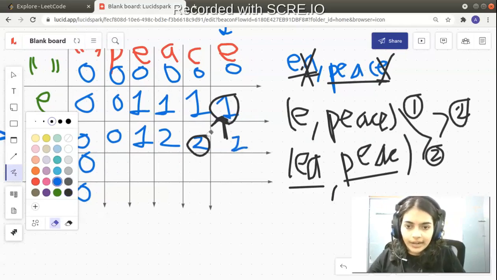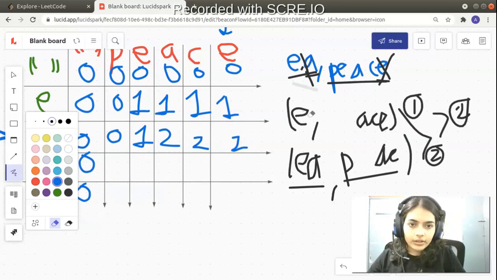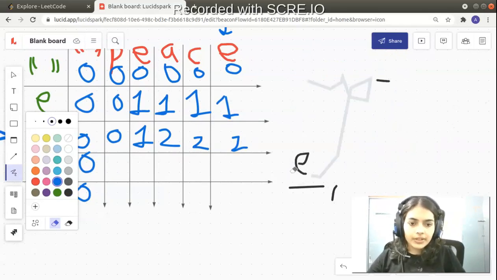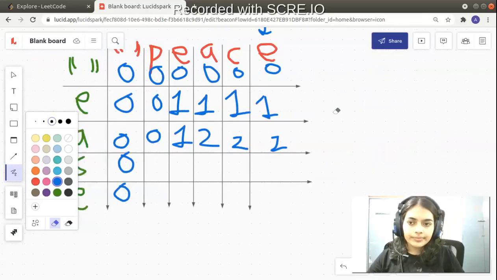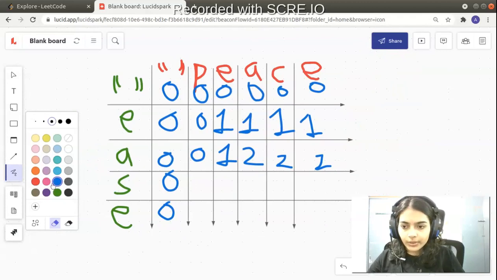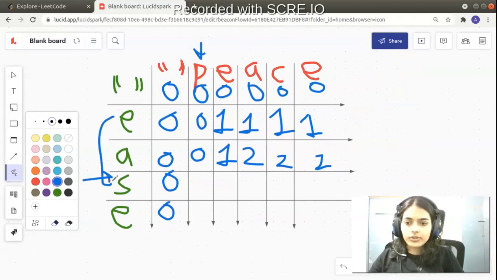So I hope that it is getting clearer. So let me erase this quickly and let's go over and fill the entire DP table, after which we will move forward to coding it. Okay, so let me erase this and let's move forward to the next row and next column. So now let's try to go over it quickly. What does next row and next column correspond to? Between EAS and P, how many characters are common? So as you know, it is 0.